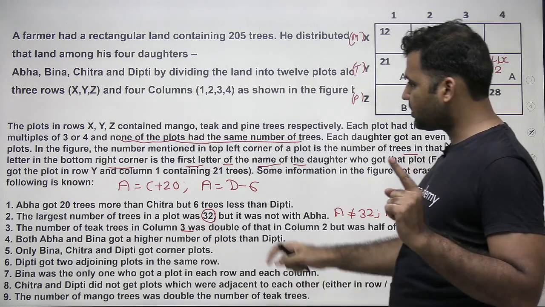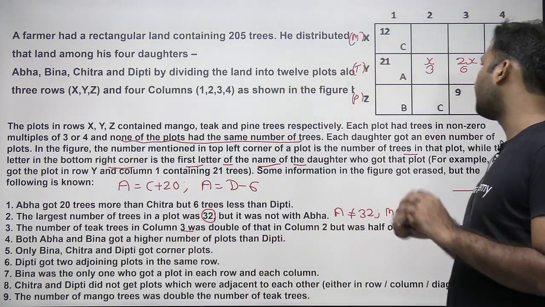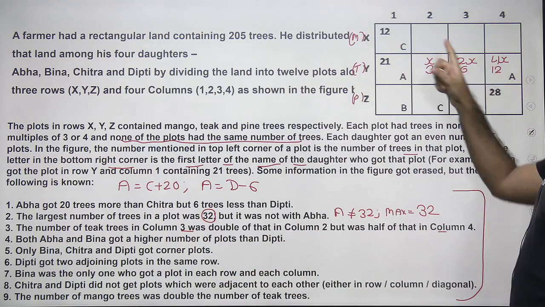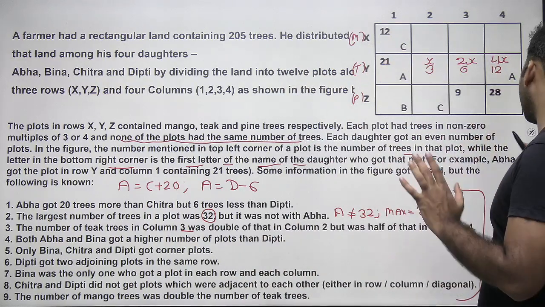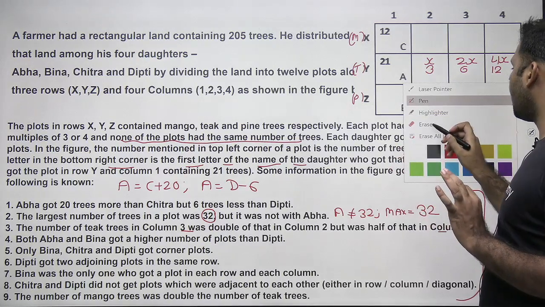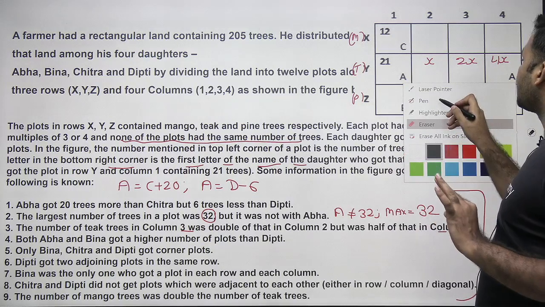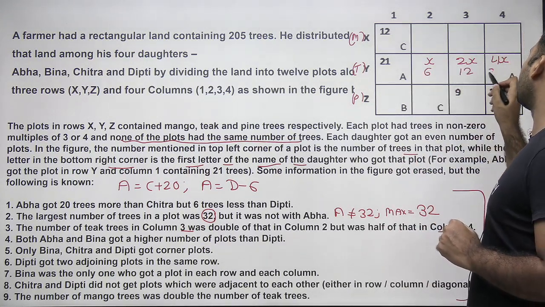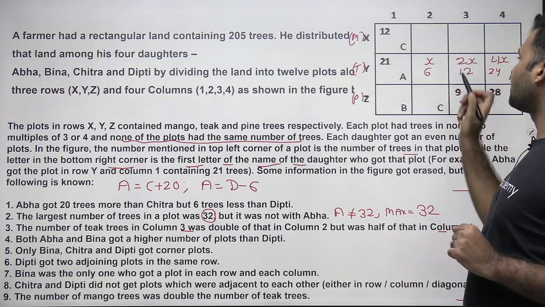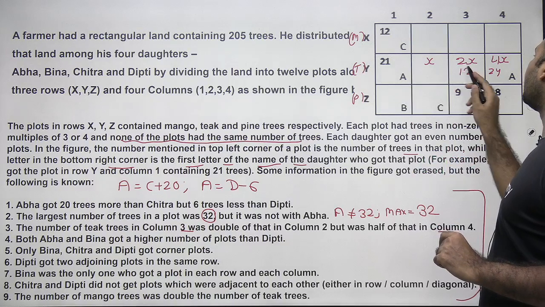There's a statement mentioned over here that you cannot assign the same number of trees to any plot. Now, if you're mentioning 12 here, 12 has already appeared here, so 12 cannot come here. So 3, 6, 12 is eliminated, right? This is not a possible case, okay? If not 3, then what about 6? 6 is also a multiple of 3. If I put 6 here, this will be 12, this will be 24. Again, 12 is coming here, 12 is already there. We cannot use 12 again. So this case again is eliminated, okay?